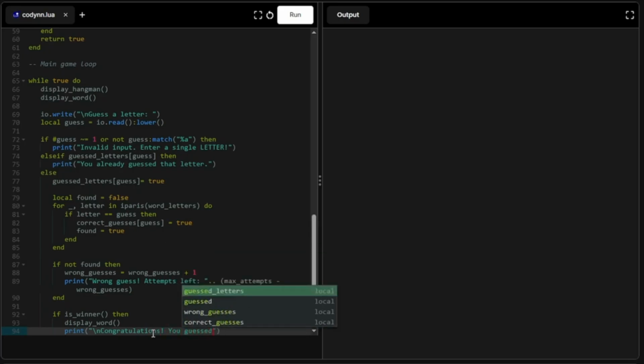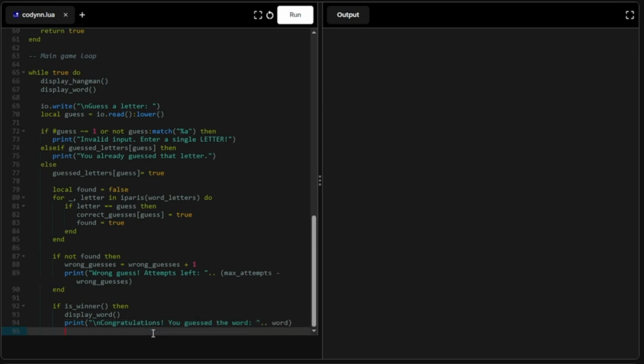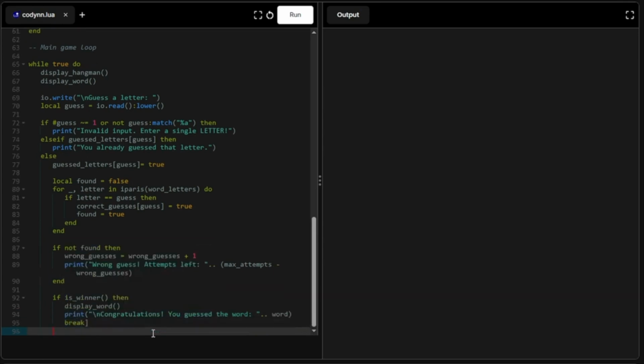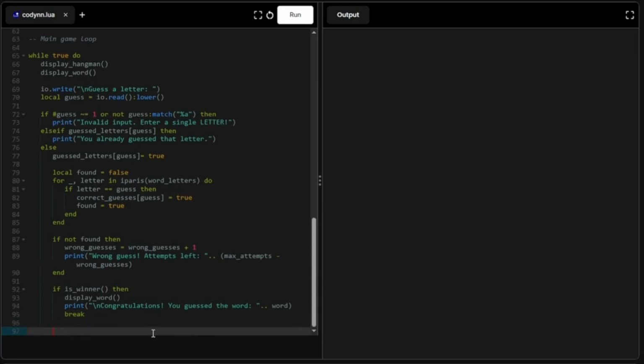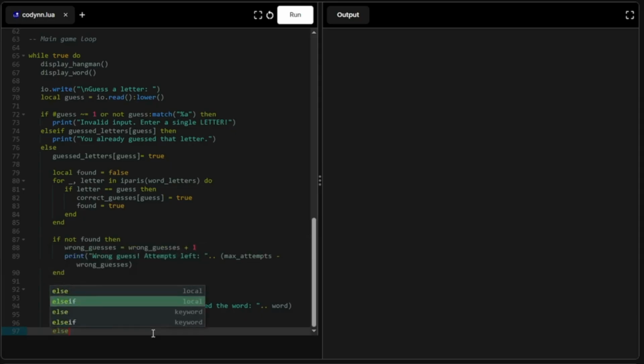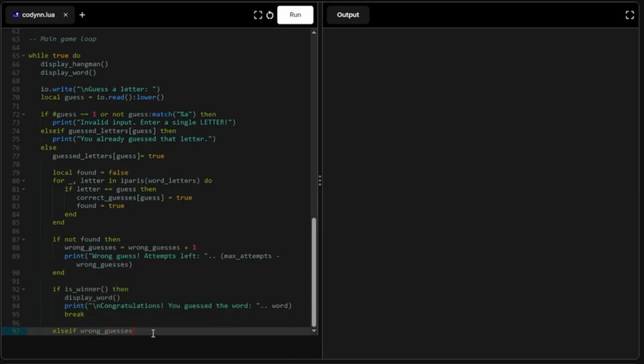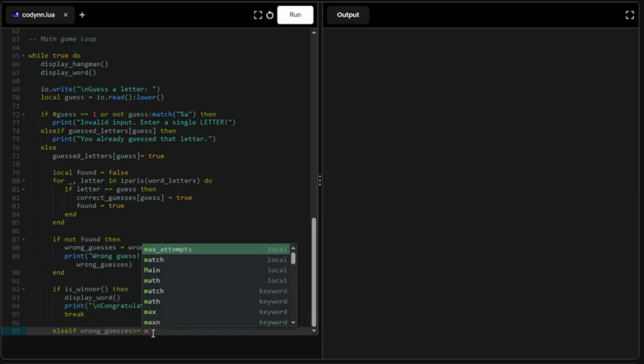You guessed the word. And then we'll concatenate the word that was guessed, and we'll break our loop. Now, if the player does not guess the word correctly, that is, if the wrong guessing is still going on, we will add a condition. That is, else if the player has not won yet, else if the wrong guesses is more than or equal to the max attempts,